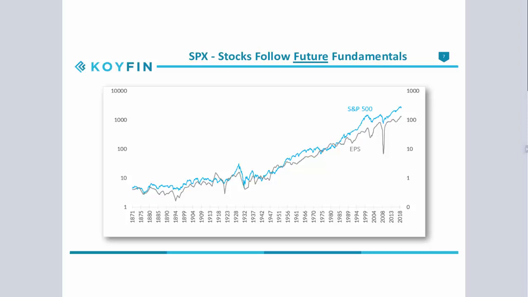S&P 500 returns for the past 150 years, since 1871. You can see pretty clearly here that whenever you have a dip in earnings, stock prices typically follow. And whenever you have a rise in earnings, stock prices typically follow. You've had that over the past several years. And we're sitting now at a point where earnings are at a peak, stock prices are close to a